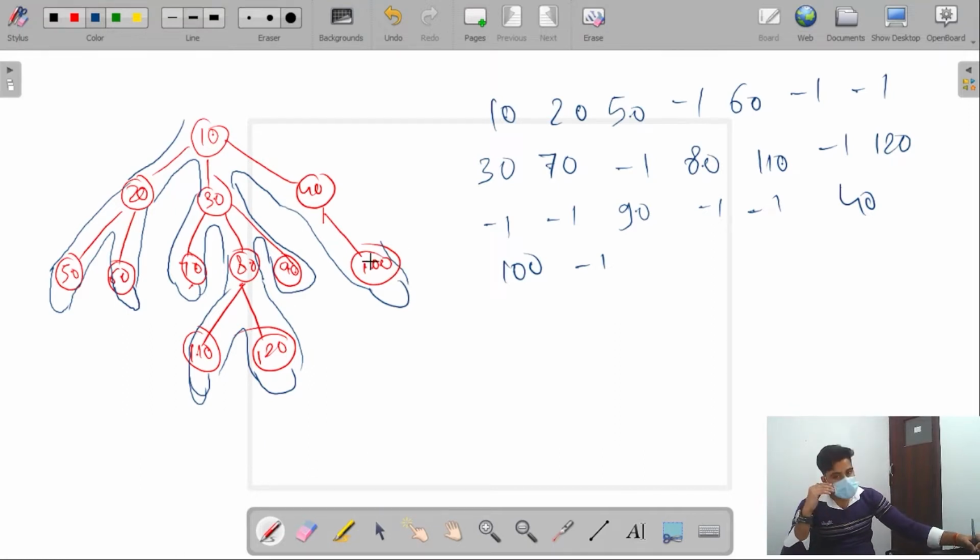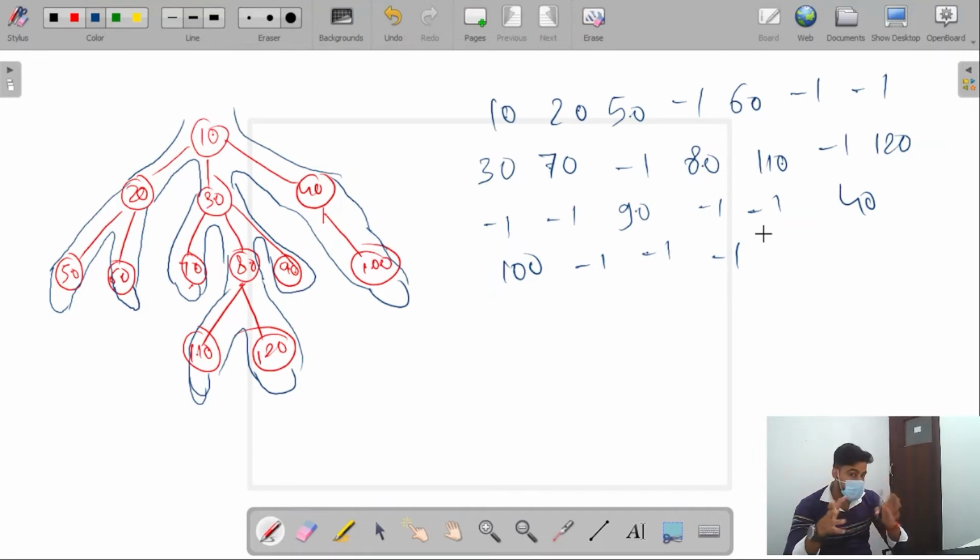Now we are going in a post order of each node. At first, the post order of 100, we have already added the -1 for that. Post order of 40, -1 for that, and post order of 10, that is the -1 for 10, to tell the deserialize method that 10 is completely explored. There are no more nodes to be explored.